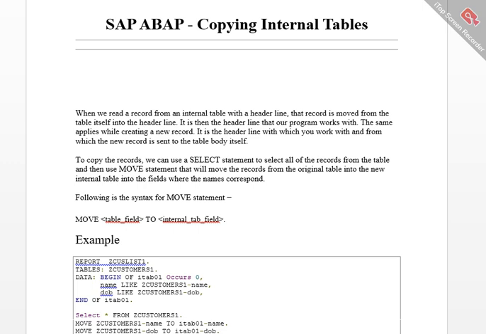So when we read a record from an internal table with a header line, that record is moved from the table itself into the header line. It is then the header line that our program works with. The same applies while creating a new record. It is the header line with which you work and from which the new record is sent to the